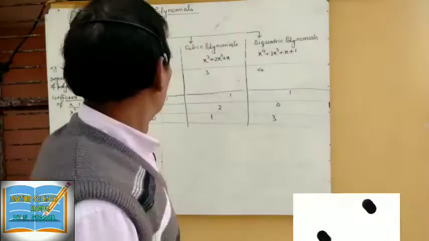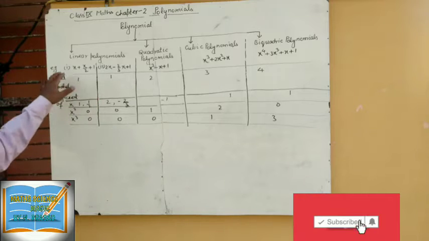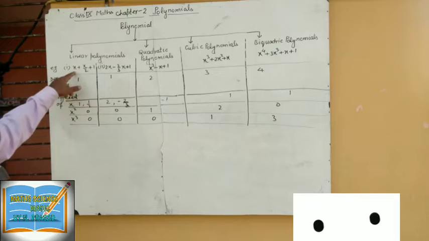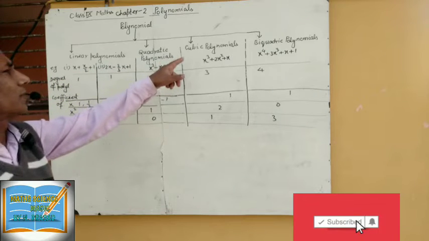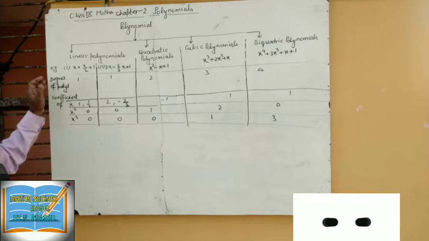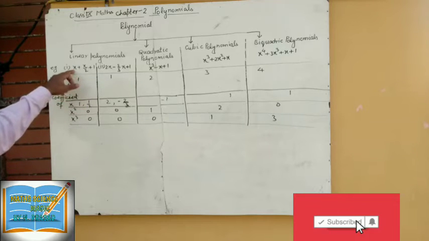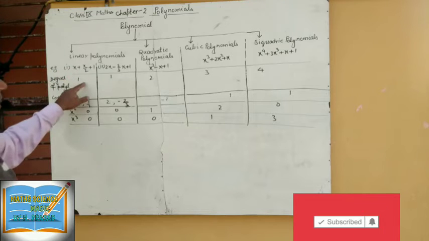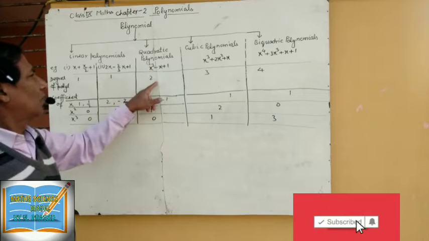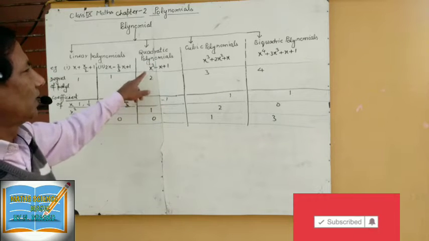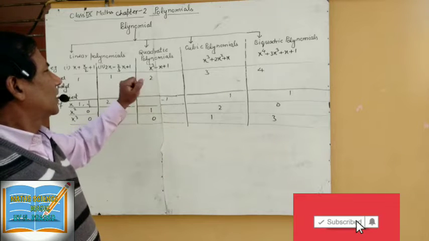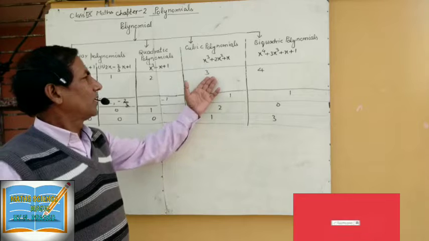Okay, students? Now see with the help of examples. For the linear polynomial I have given 2 examples here, and for quadratic, cubic, and biquadratic, one example each is given. For the degree of the polynomial, the maximum exponent of this variable is 1, that's why it is a 1 degree polynomial. This variable is 1 also. This polynomial is quadratic, a 2 degree polynomial, because the maximum exponent of this expression, I mean polynomial, is 2. That's why 2 is the degree. And here 3 and 4.